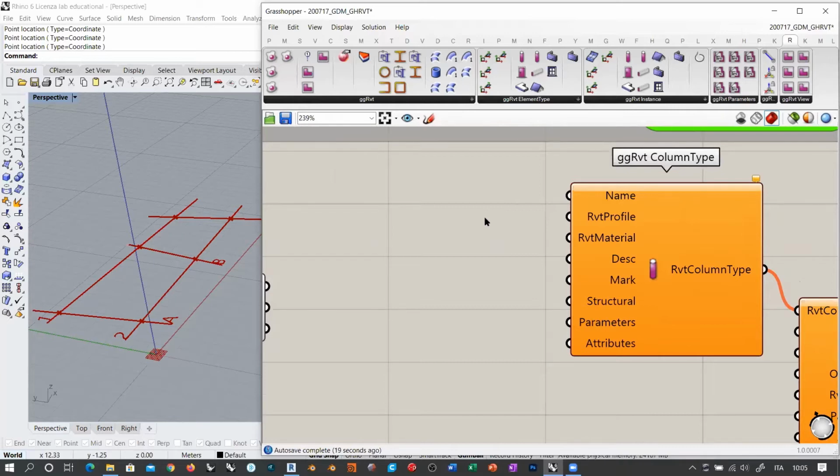This is for Revit. In order for Revit to understand clearly what it's going to receive, you must fill all the necessary inputs in this column type node. So the name can be whatever you want. Now this is interesting because